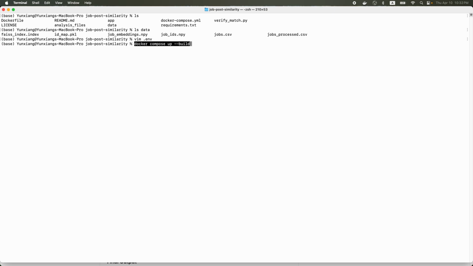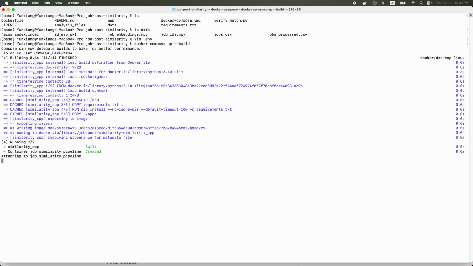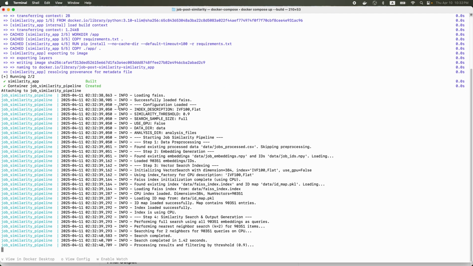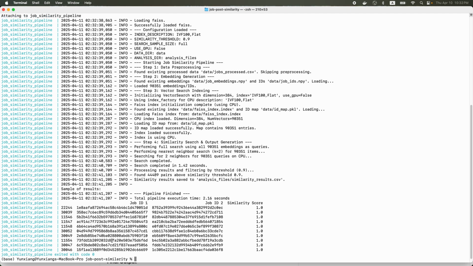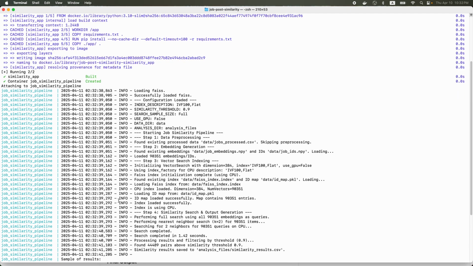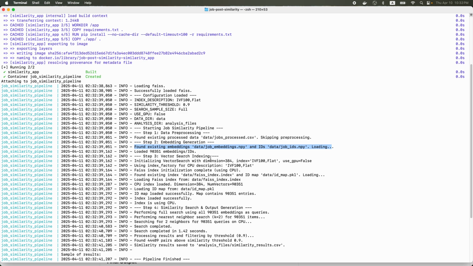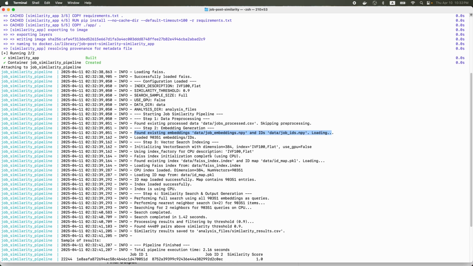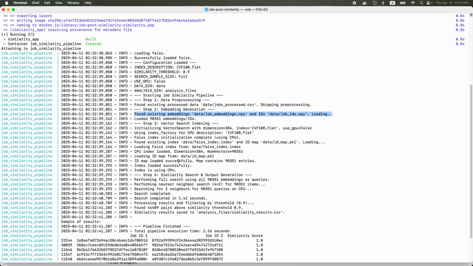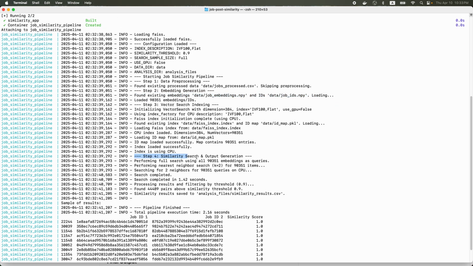After that, we can just use the docker compose up build command to build the image, and then the app will be run automatically. Here we already finished the running. This is because all the process files and embeddings, as well as the IDs and index are saved, so we can conduct the search very fast. So after step 4, similarity search and output generation, the similarity result is saved to the analysis files folder,